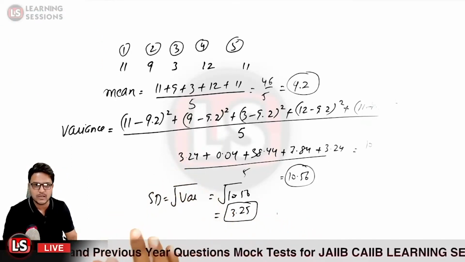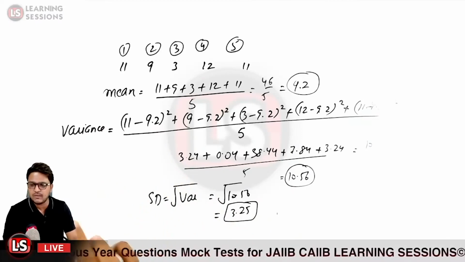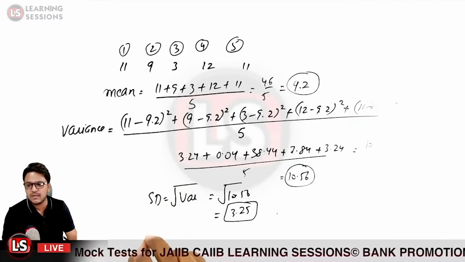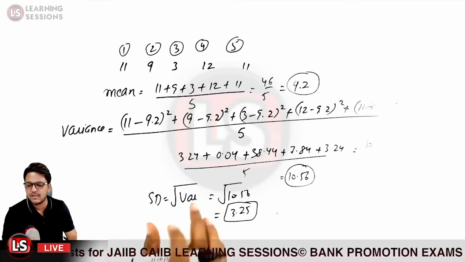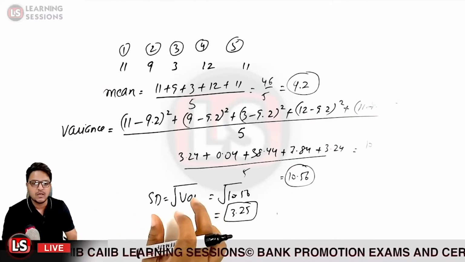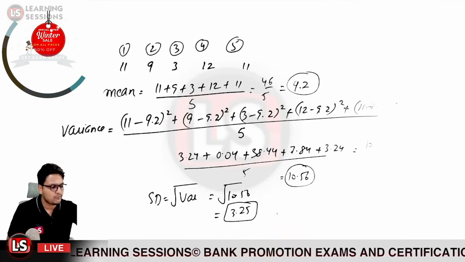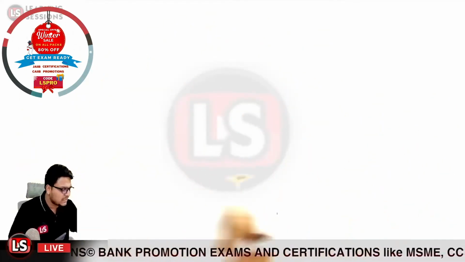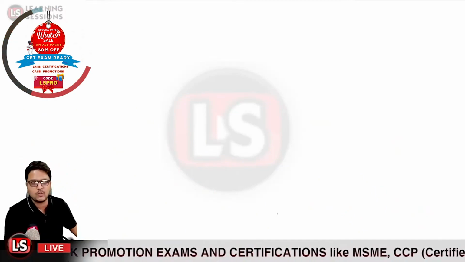So first of all, we need to calculate the mean value, after which we calculate the variance. Then we obtained the standard deviation from the variance by taking its square root. Okay, so that comes out to be 3.25 in the first case. And the standard deviation that we calculated comes out to be 3.25 in the first case.